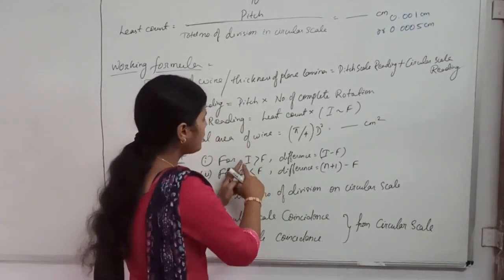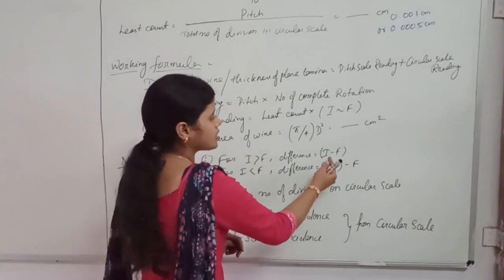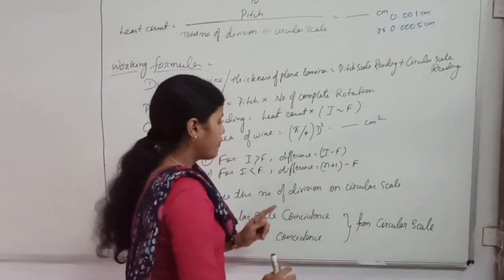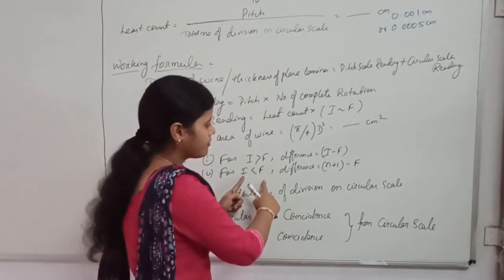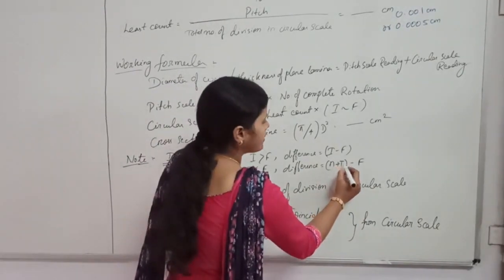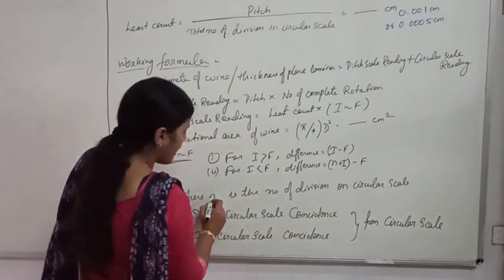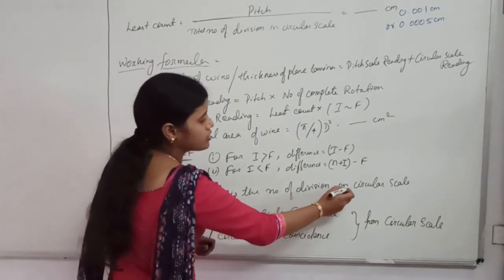So when your I is greater than F, you will simply subtract I minus F. But when I is less than F, you have to add n to I and then subtract F,